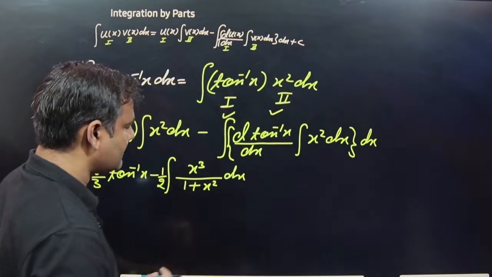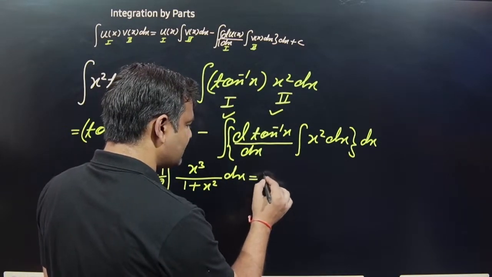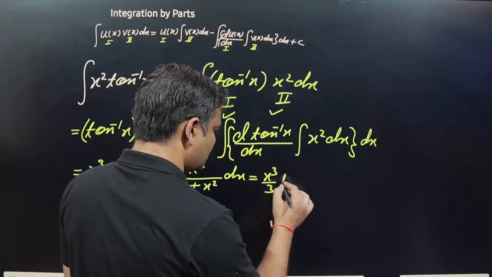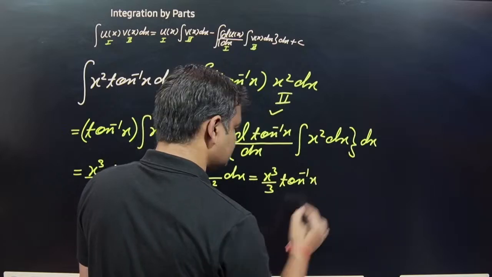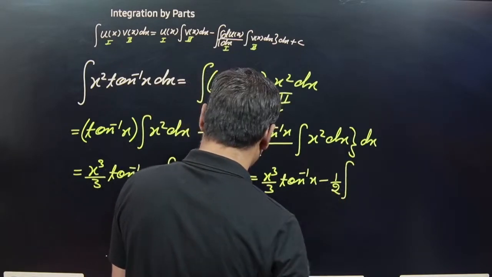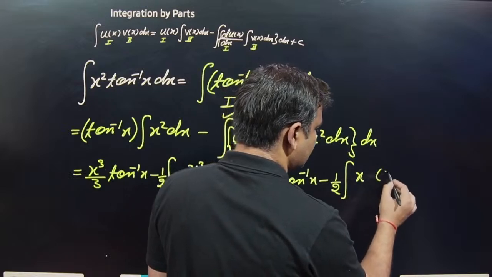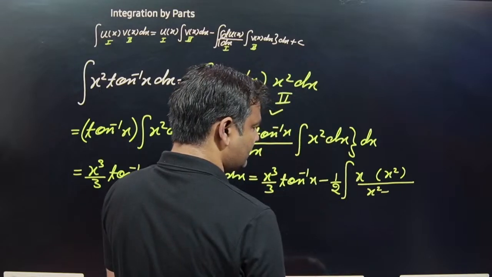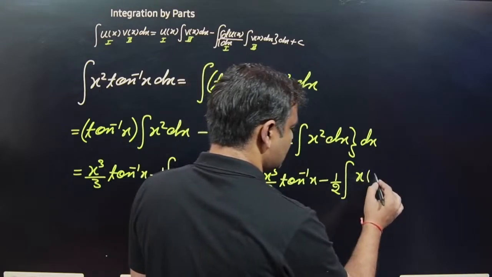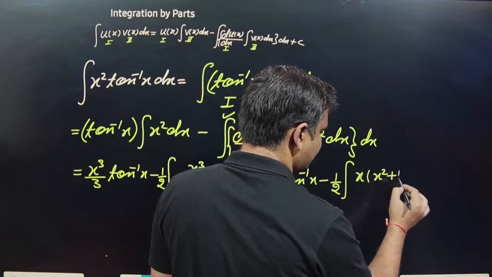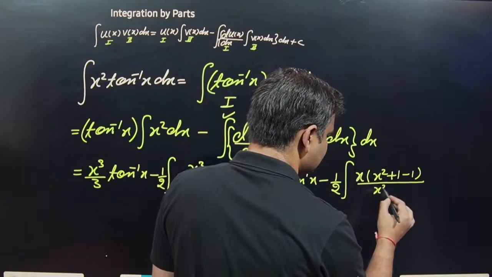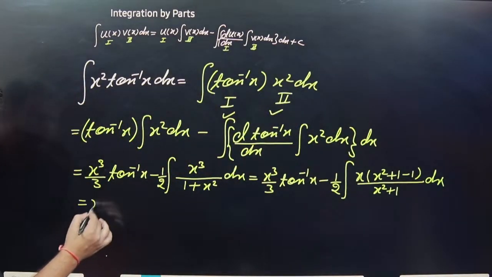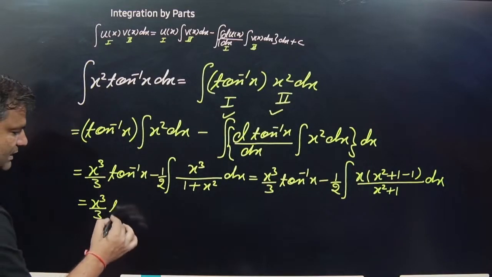Simply look here, x cube by 3 into tan inverse x minus half, here x into x square divided by x square plus 1. So it is better to write x square plus 1, adding 1 and subtracting 1, divided by x square plus 1 into dx. Clear? So x cube by 3 into tan inverse x